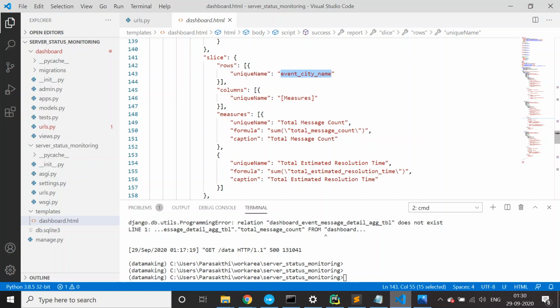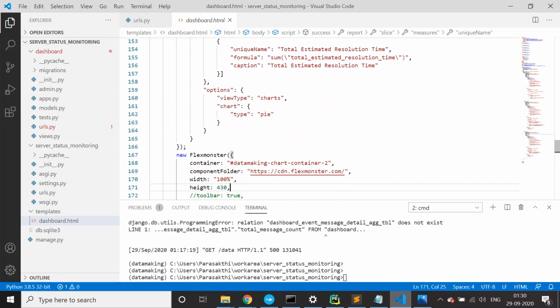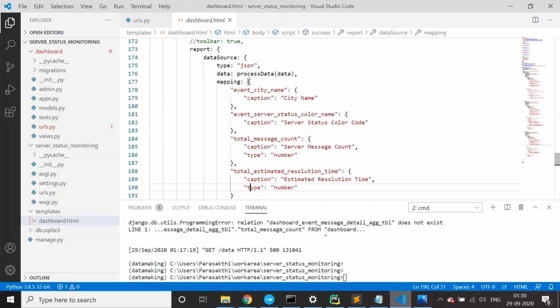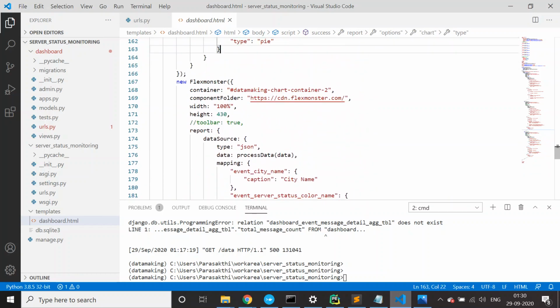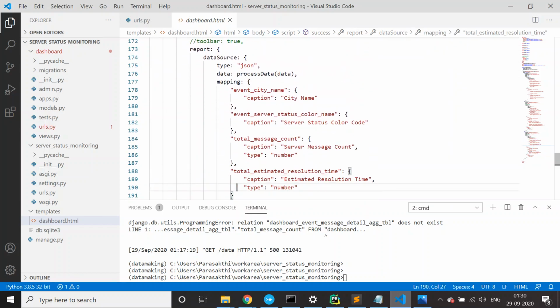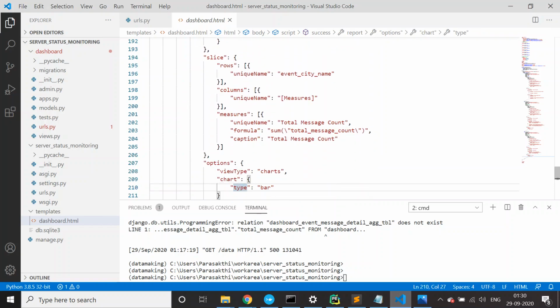In the visualization layer, we can still restrict which column you want to show. So I'm going to show the city level aggregation in the pie chart, and then the same city level aggregation using a bar chart also. Basically the flex monster is a template, and you need to follow the template. You provide the data and pass the columns, how you want to define it. You can just go through this, it's self-explanatory. I hope this will be understandable.